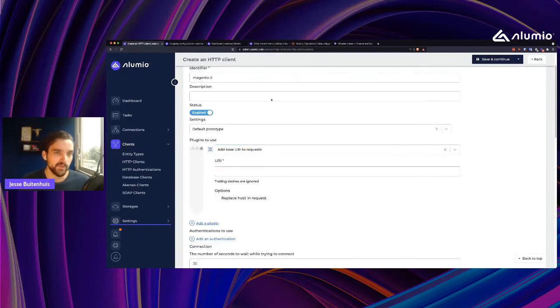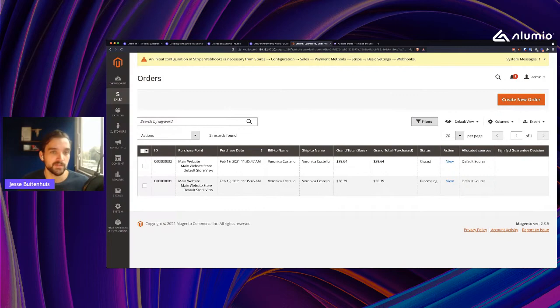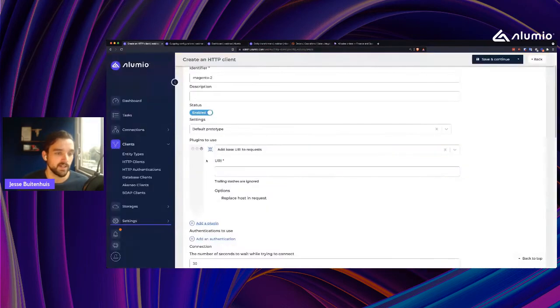So here we need to provide a URL. Instead of using an environment variable, I'm just going to go to this Magento instance, take the URL and paste it in here. As we can see, the trailing slashes are ignored, so I'm just removing it as a best practice,